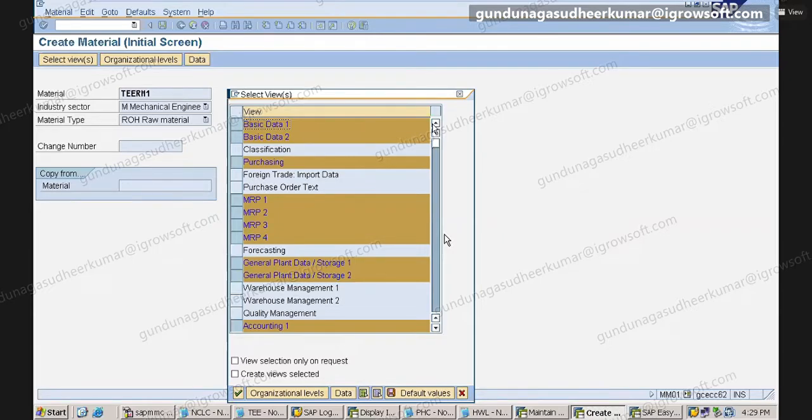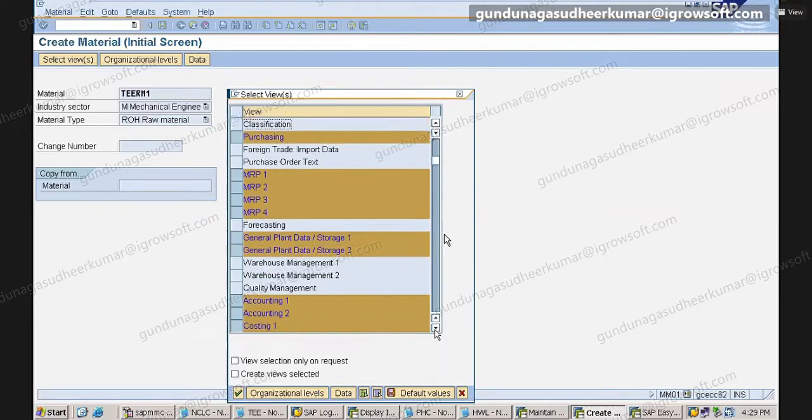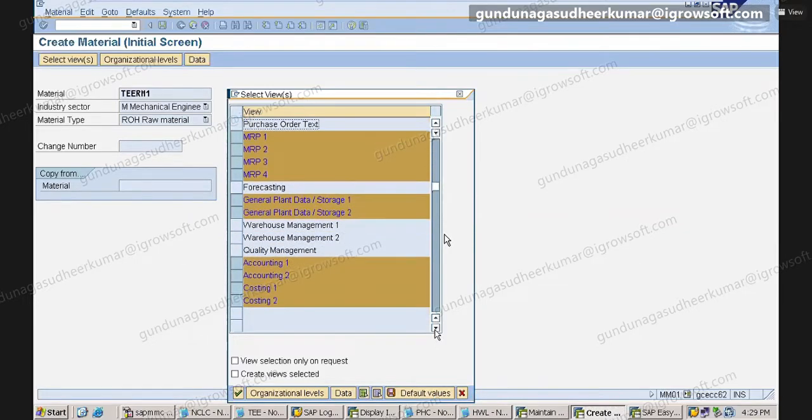MRP means material requirement planning. Now general plant storage 1, storage 2, and accounting 1. Shall I go down? Yes, sir. That's it.